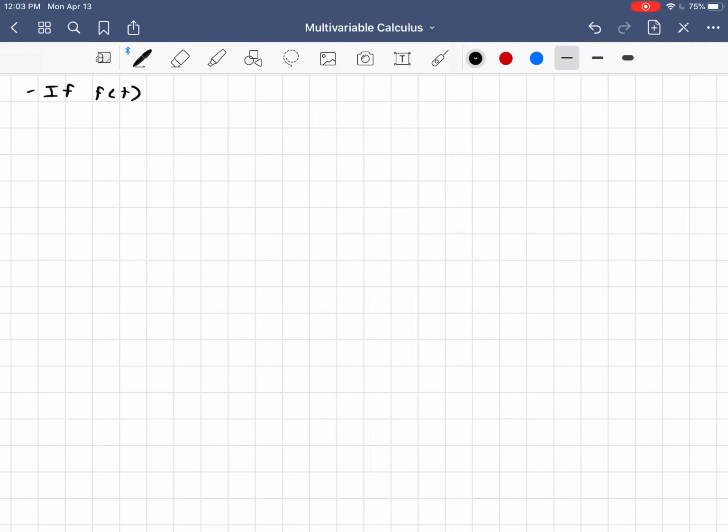So if we have a function, say f of t, and we say it's piecewise continuous on 0 to infinity. What I mean by piecewise continuous is that it's continuous and it only has a finite number of jumps in it. In other words, maybe